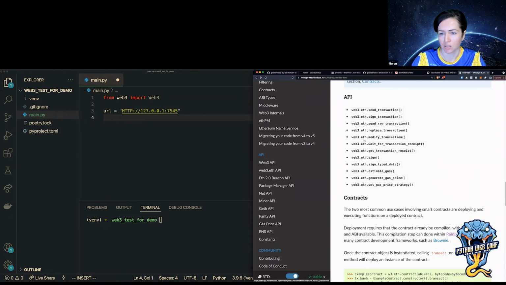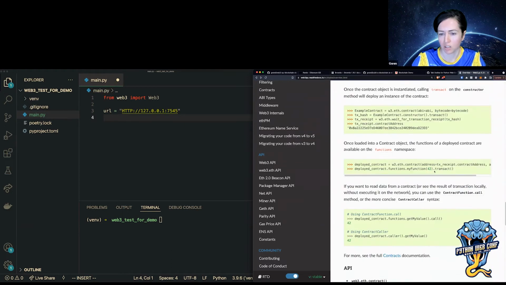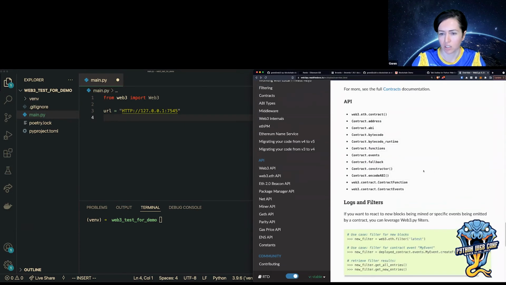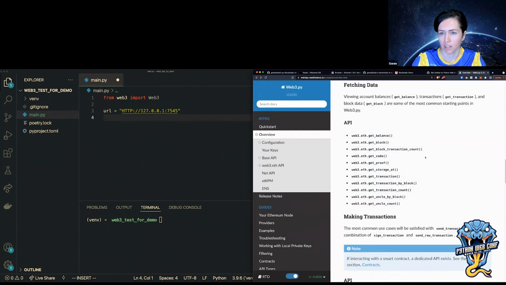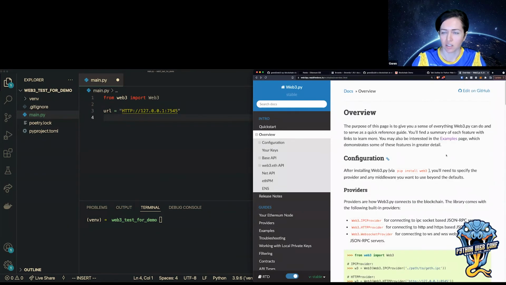You can send transactions with it, and then they have contracts and some other functionality. So we'll be using this Web3.eth API, and we'll also be using their contract API.